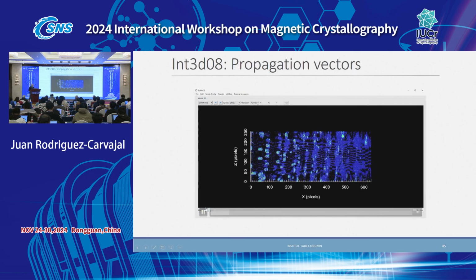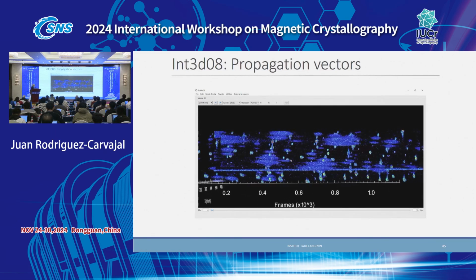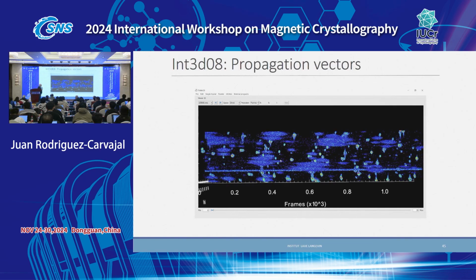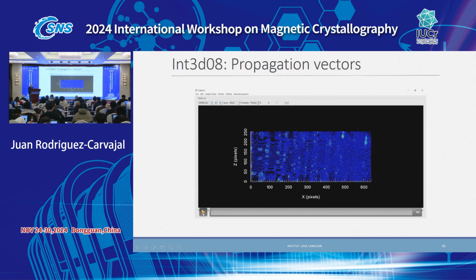Also, for example, it's just a look at the detector. This is the detector in 3 dimensions. This is a particular case which is complicated because it's TbMnO3 at very low temperature. You have very broad peaks and sharp peaks in a single crystal because you have a shorter correlation length for some magnetic propagation vectors that you see here.